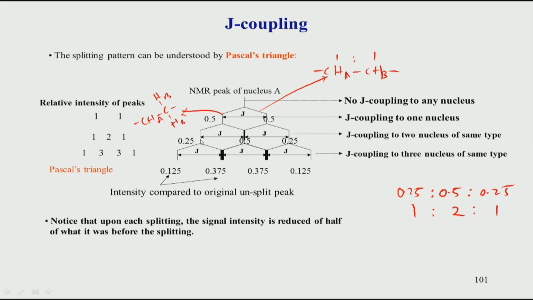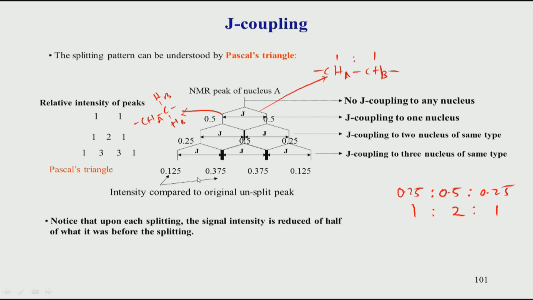You can further split the signal into two more signals in case there are two protons to which this hydrogen is coupled. So, you get further 3 peaks, but remember the center peaks from here and here combine. Therefore, instead of 4 different peaks we actually get 3 peaks, because the center peaks of the two splittings combine. So, you get 0.25, 0.5, 0.25, which is 1:2:1. In this manner you can continue further and see what happens if there are 3 hydrogens coupled, or 4, 5, 6, and calculate the different splitting patterns which give you the different relative ratios.